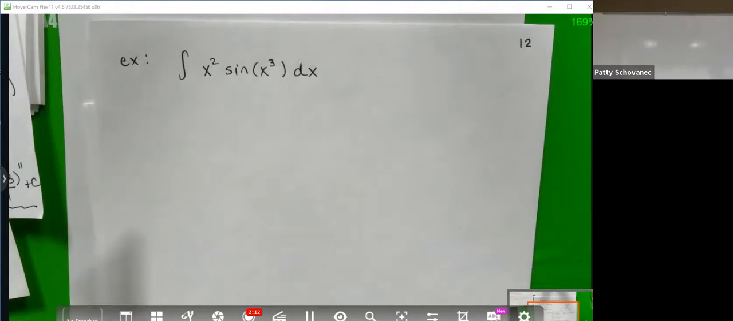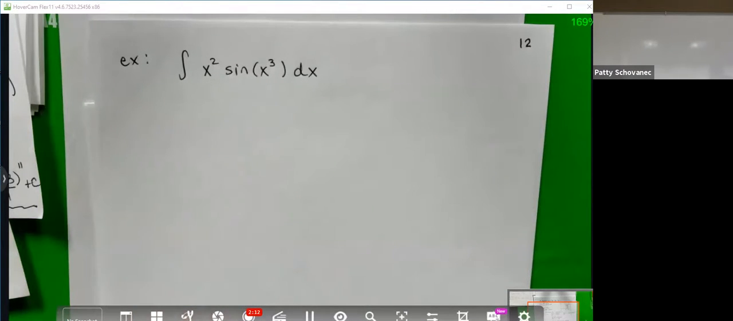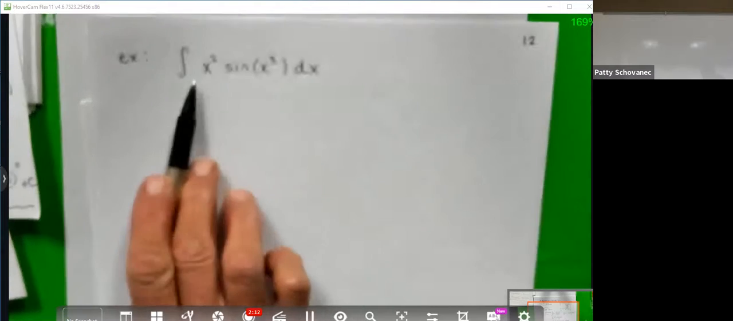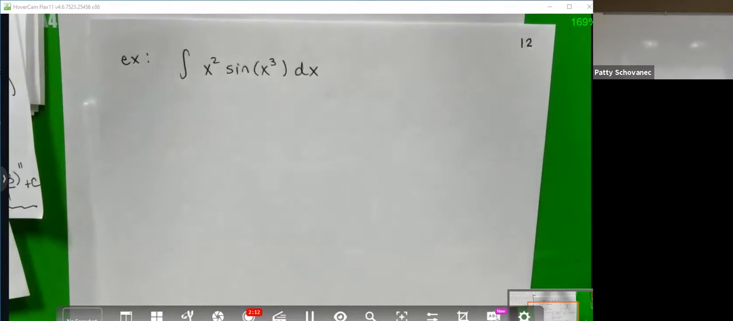All right, I've got a product. I can't integrate a product term by term. So I have to think of my product as a function with an inside times the derivative of the inside, like the chain rule. So my function here is the sine. The inside is the x cubed. The x squared dx is some version of the derivative of the inside, give or take a constant. So we find that constant